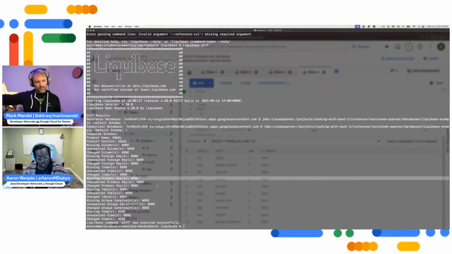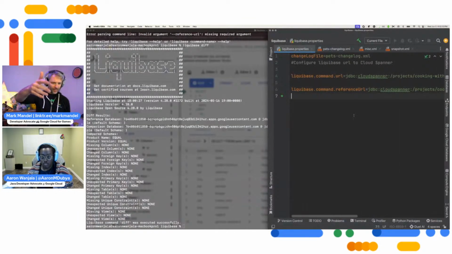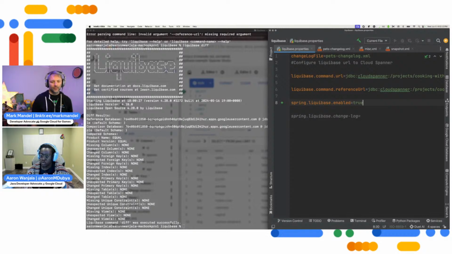It goes and connects to the database and says, hey, I need to do this migration. And because you've got the locking table as well, if you have multiple instances of the application starting up, only one of them is going to apply it at a given point in time. Yeah, absolutely. Choosing which application runs it goes down to Spring's leader election. So whichever instance is the lead instance would be the one that runs it, and you would just set spring.liquibase.enabled equals true, and then it would create a Liquibase bean before your application starts up,